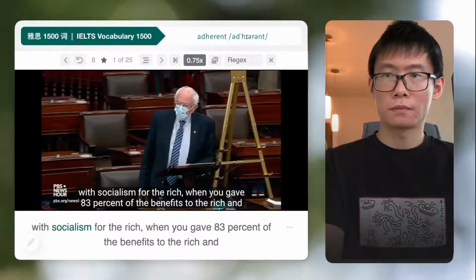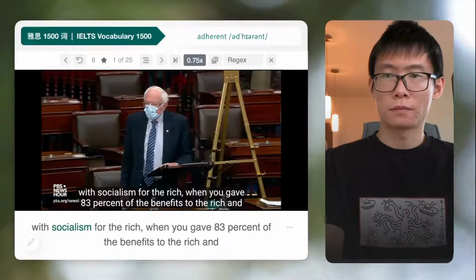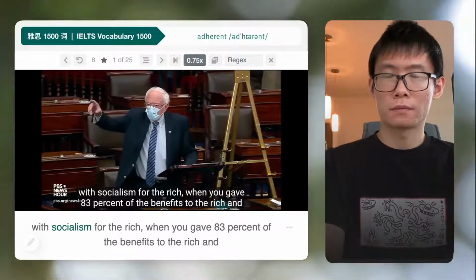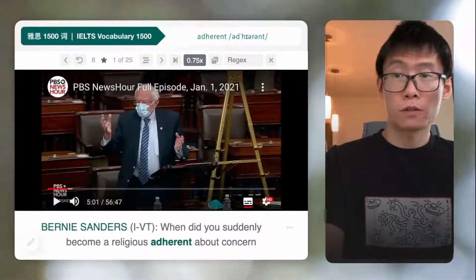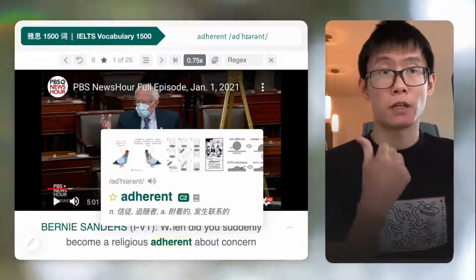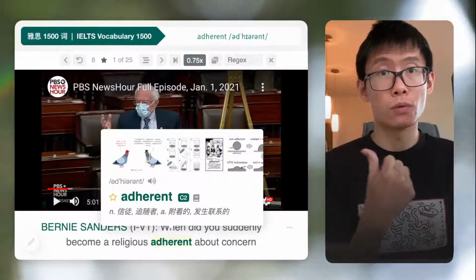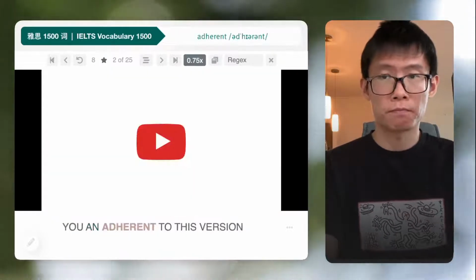Suddenly become a religious adherent about concern of socialism for the rich when you gave 83% of the benefits to the rich. 美国政治啊，他说 religious adherent 啊，就是宗教信徒这个意思，宗教信徒。